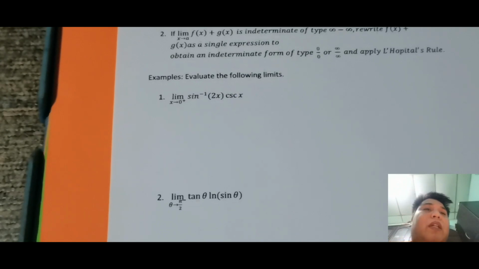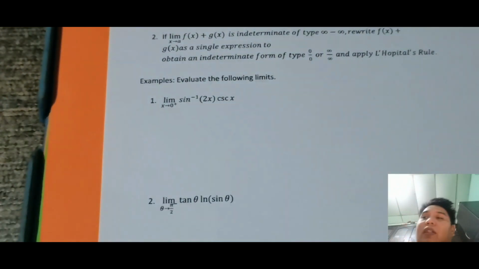So, sir, paano yan? Ano ibig sabihin? Check natin, ano ba yung arc sine of 2x? So, paano po yung arc sine? Yun, arc sine of 2x. So, 2 from the right. So, meaning that is 0.9999